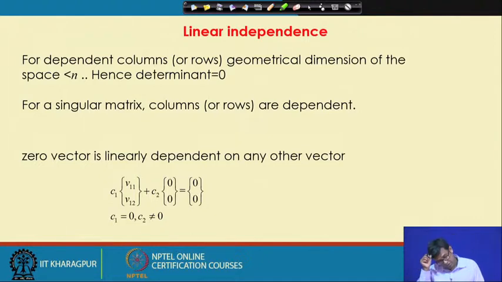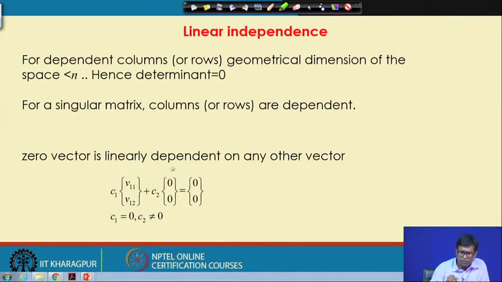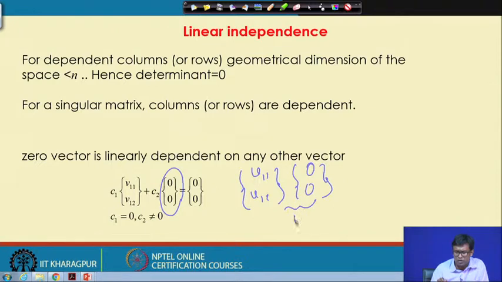because we have C1 times one vector plus C2 times another vector equal to 0, and we make C2 non-zero, make C1 0, we again get a 0 combination. So, if we have this vector 0 0, we will always end up with V1 and 0 0 being linearly dependent. So, you get any set like that, and also if I have a 0 0 here and we look into the determinants